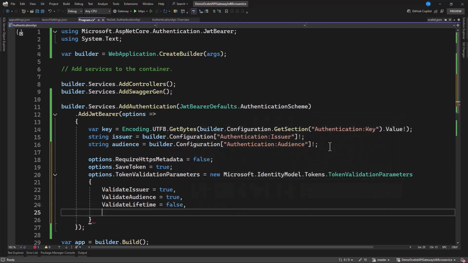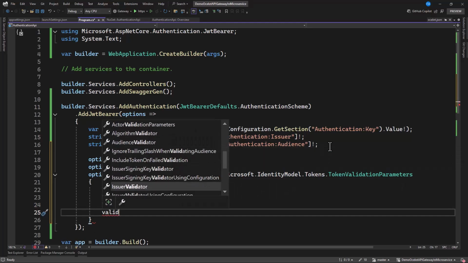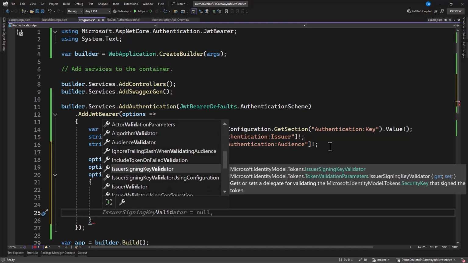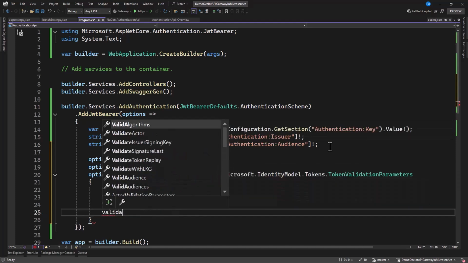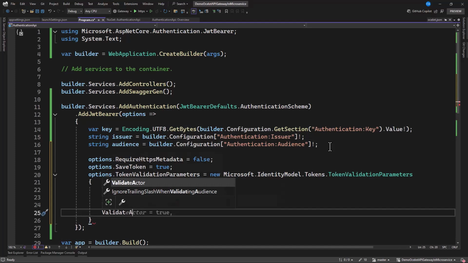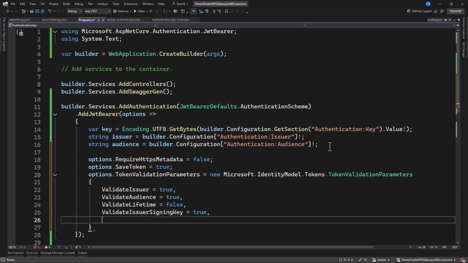Then ValidateIssuerSigningKey, we have it in here. Set this to true, and let's have a ValidAudience and now ValidIssuer.